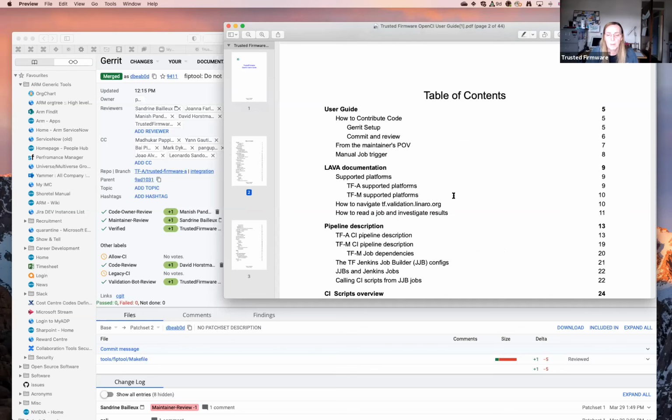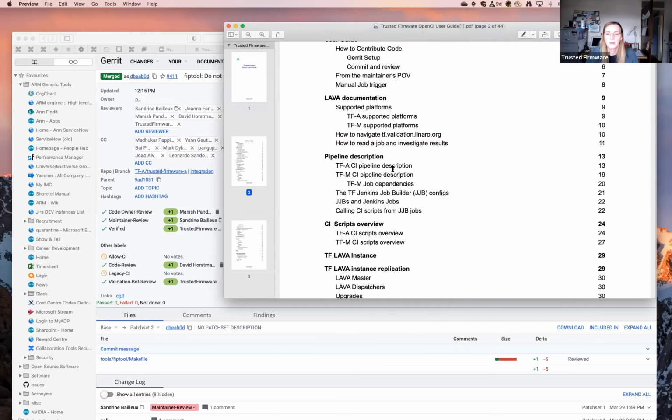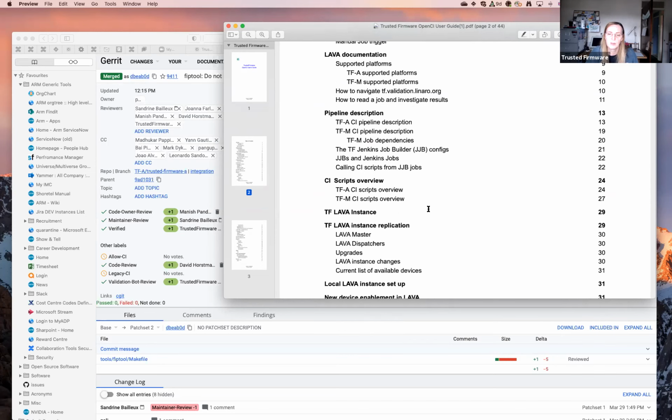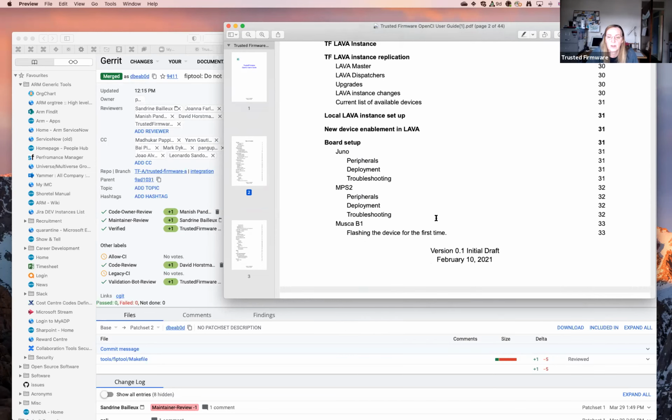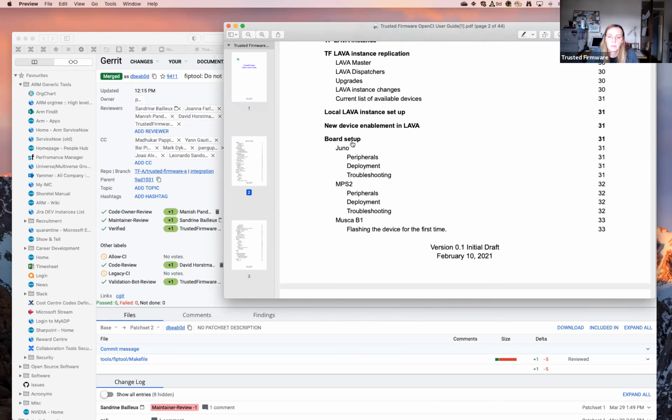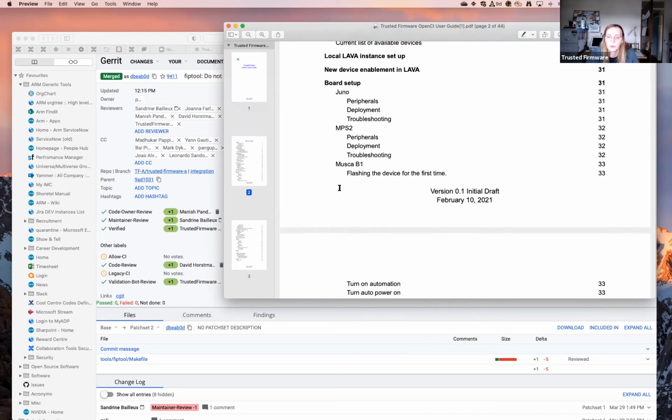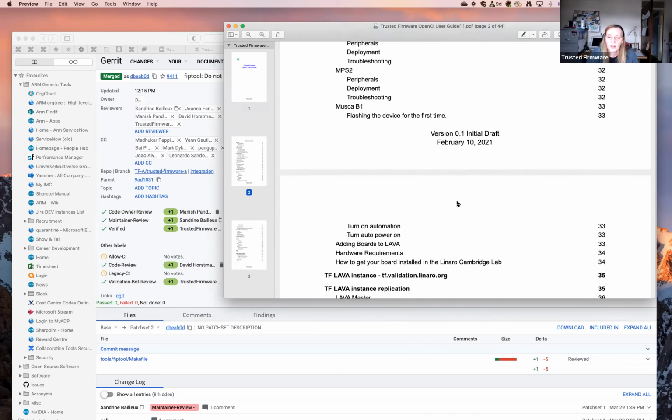I think there's various information about how the pipeline works, and submitting patches, what Lava is, and so forth. As I said, it's for TFA, it's primarily the Juno board, but TFM has got various other boards that it makes use of. Hopefully we'll add more boards into the Lava farm eventually, as part of the roadmap of ongoing work. And if you become members of trustedfirmware.org, hopefully you can submit your boards to be